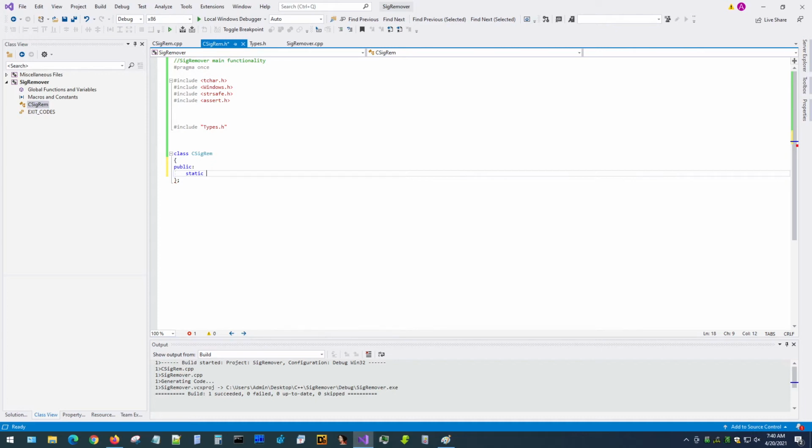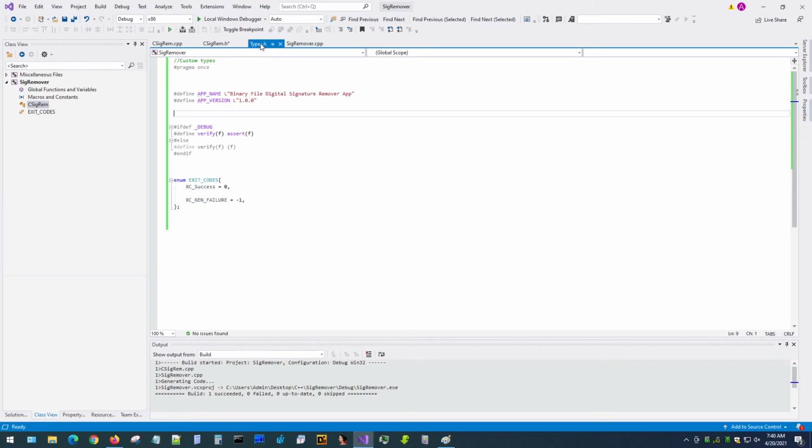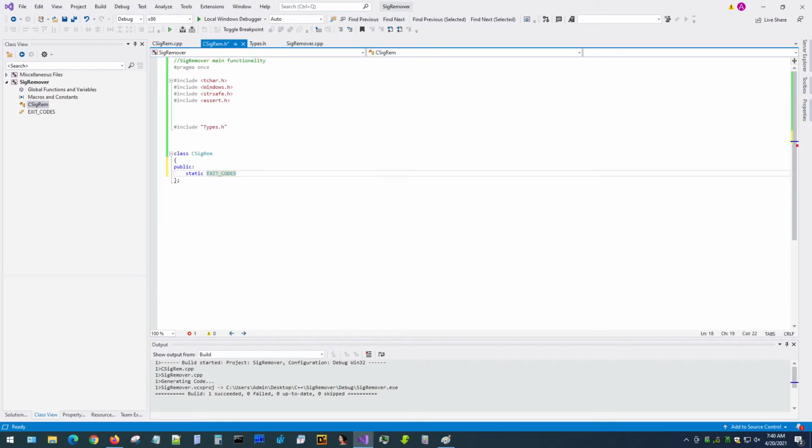Now at this point, we need to remove digital signature, so that obviously has to be a function. I would think that the return value would be one of our exit codes, which we'll just pass back to the main. And let's just call it remove digital